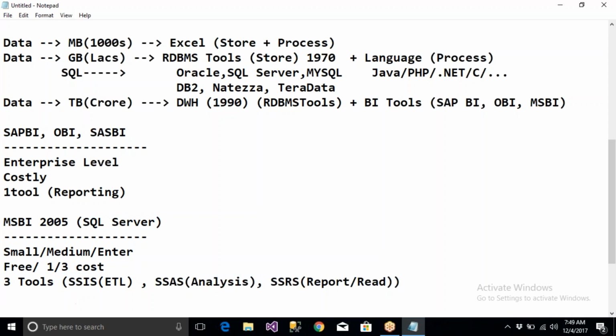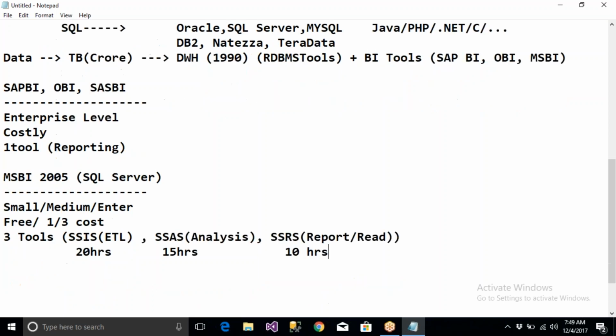Now SSIS may take 20 hours of training, and SSAS, including data warehouse, will take 15 hours, and this may take some 8 to 10 hours of training. So this is the complete duration of our course. Clear? So MSBI people are more in demand nowadays, because they're going to work on multiple tools at a time. They can work on the ETL side, they can work on analytics, analysis and processing side, and SSRS can also be implemented to create a lot of